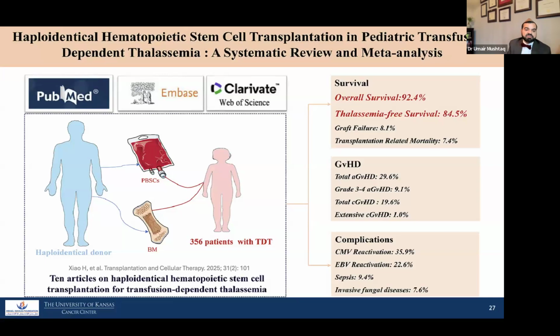And in my opinion, if you use ATG-based conditioning, the infectious complications are going to be higher just because of the degree of immune dysfunction and the longer it takes for full immune reconstitution. We now have enough data to suggest that PTCy-based prophylaxis is doable, is relatively safer. And I think there is a need to develop on that in the developing country context also and report on it.